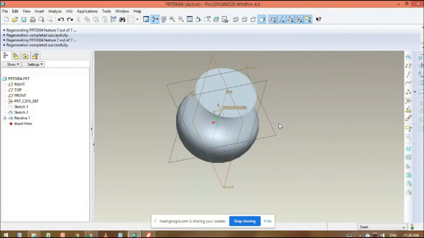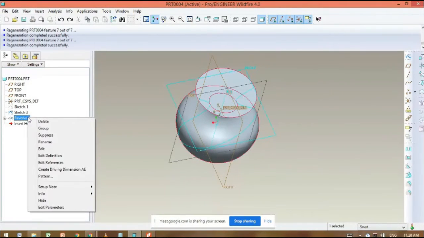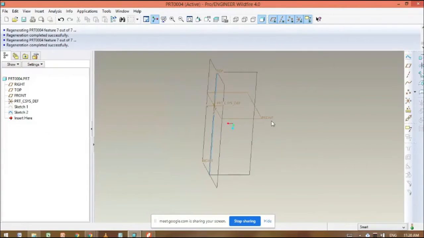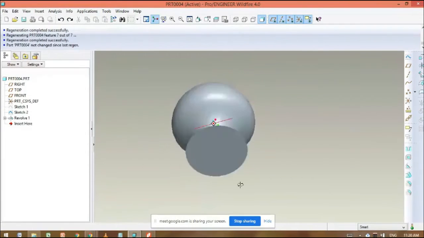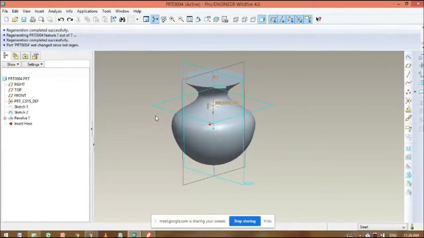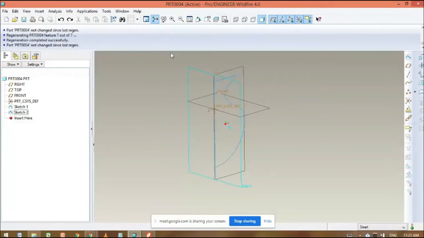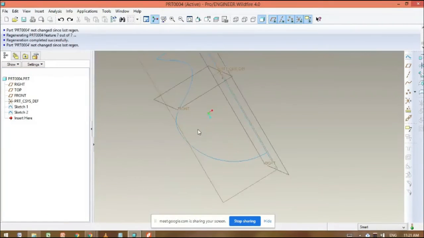Then another thing is the surface model. The same sketch we can convert into a surface. See, I am going to close it. I am going to delete this revolve command. Here I want to use the surface command. For that, I need to delete the revolve command. Then what happened? The total command is deleted. See here, if I press Control Z, then I can find the sketch and line. So we can revolve it by using the revolve command.